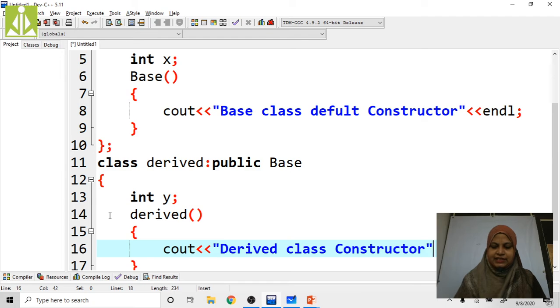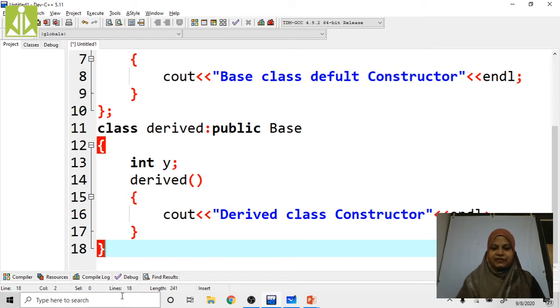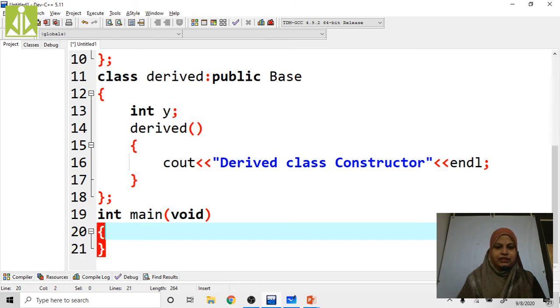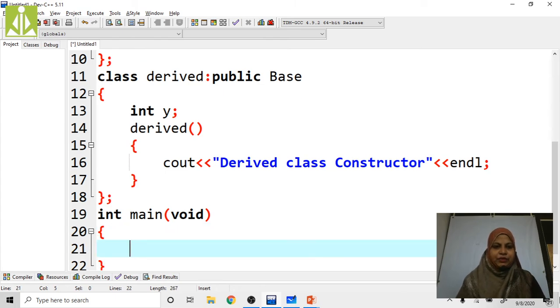Up to here the class definition is completed, right? Now int main. I'm going to create the object for derived, d. Here we will check how it is going to be executed.